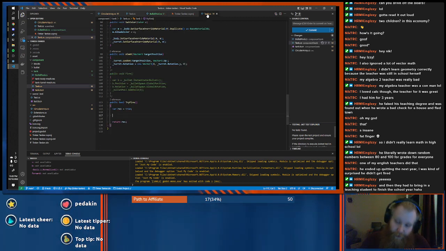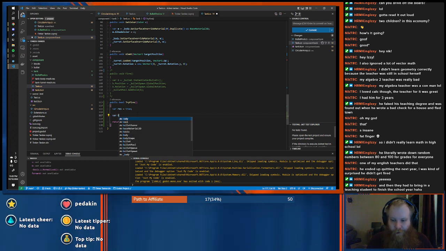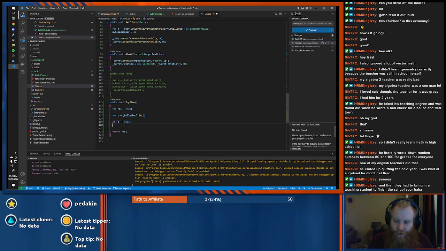I think that's... So now we can go back to tank. Their res equals true, so that's fine. We're going to do b equals bullet pool dot get. If b equals null, that's when we return that. We'll just do return false here, and we'll just return true down here if everything else works.